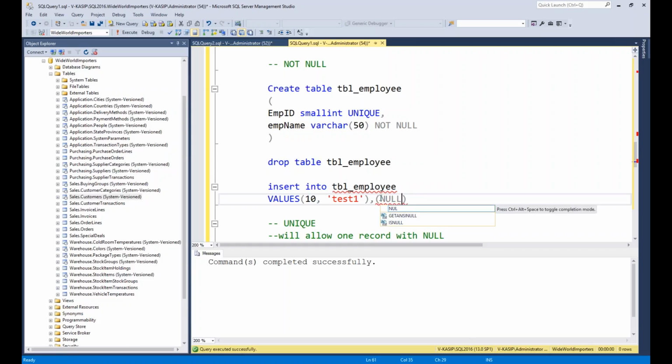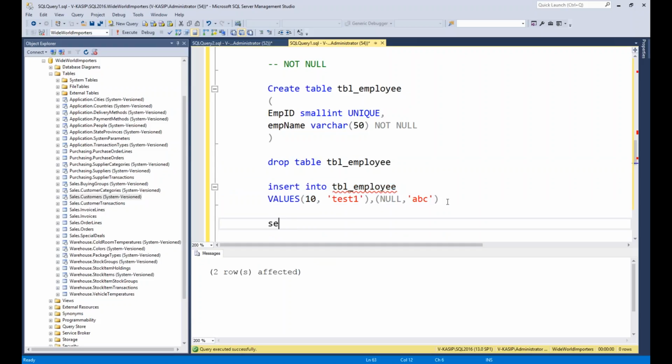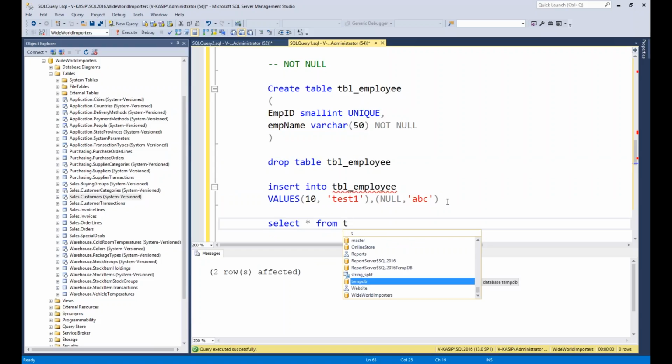I don't have this one, and this one is ABC. Two rows got inserted. So select star from TBL_employee.